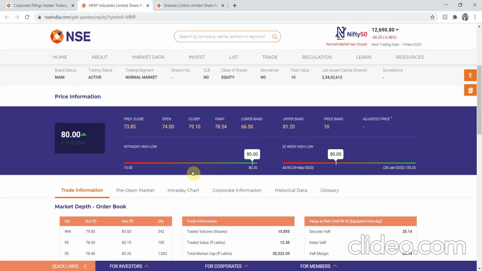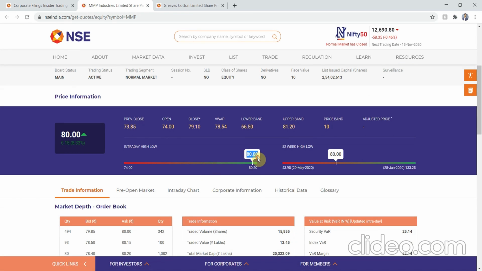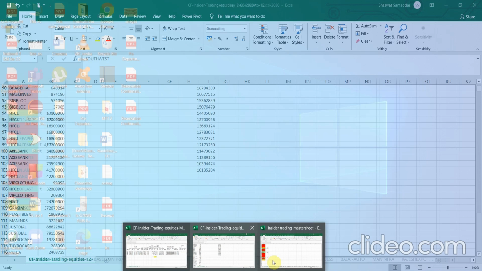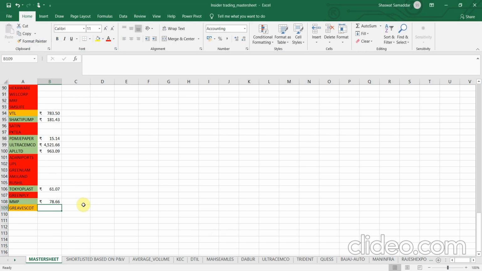As you can see, it's currently trading at 80 rupees. That is above the price at which the promoters made an entry. Now, let me give you a hint here: it is very difficult, if not impossible, to make a trade at the exact average price point. So we would take a range of plus minus 5% or plus minus 3% according to our needs. I would not recommend going beyond plus minus 5%. If it falls within the range of plus minus 5%, then you could do the further analysis.